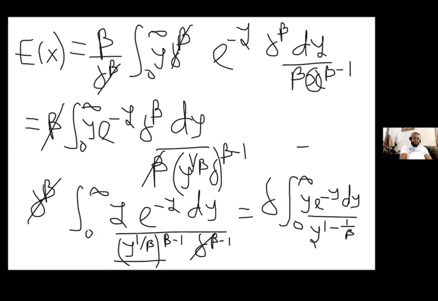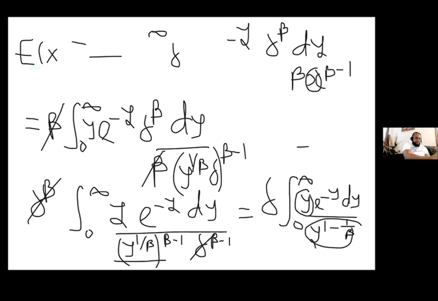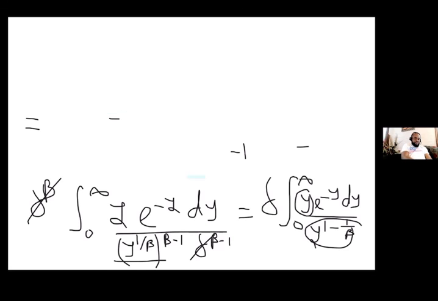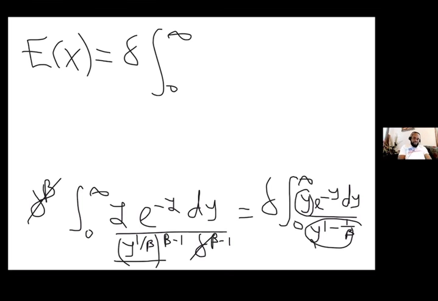Now I'm going to combine this and this because that guy is going to go up. When it goes up, we're going to see something. I think it's becoming more interesting. Now I'm going to write the expected value of x equals theta, 0 to infinity. Now, if that guy goes up, you're going to have y and another y, giving y raised to power 1 over beta minus 1. Look at that. Then exponential raised to power minus y, the y.